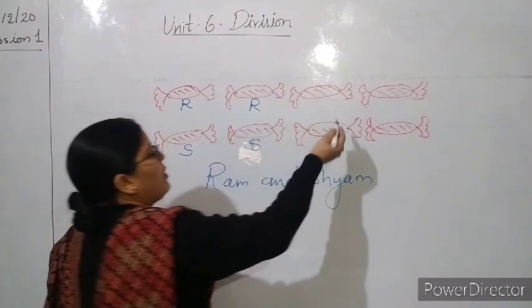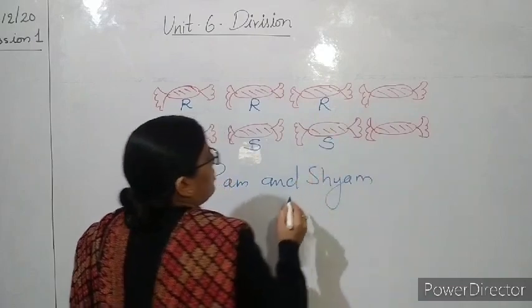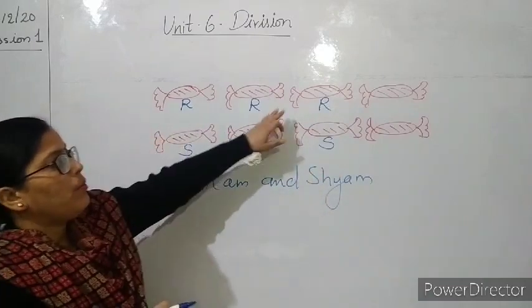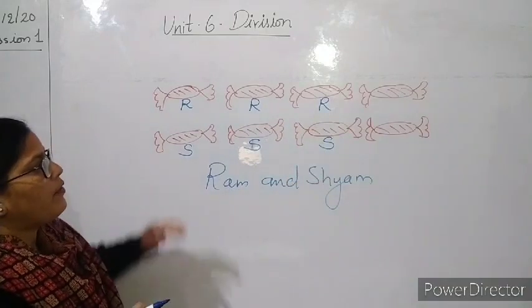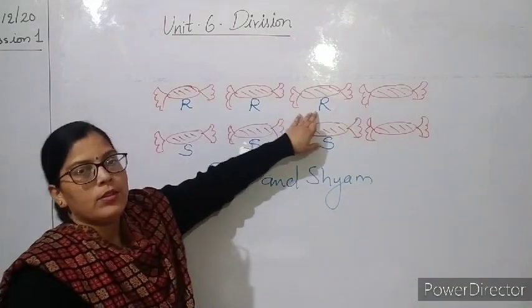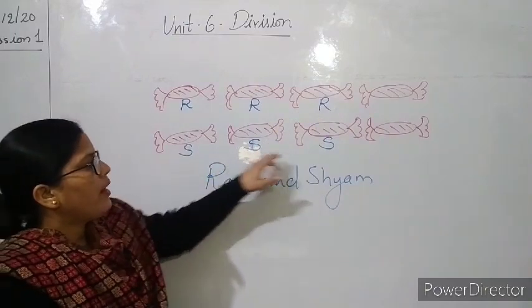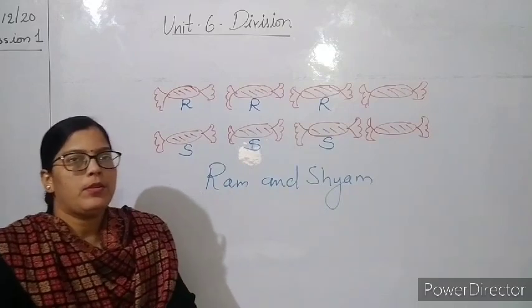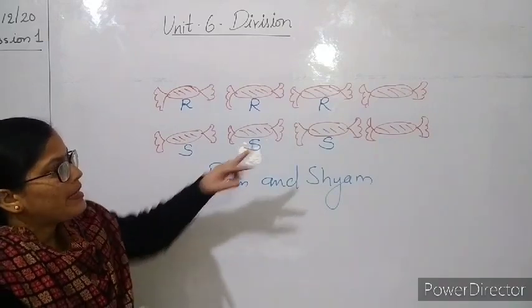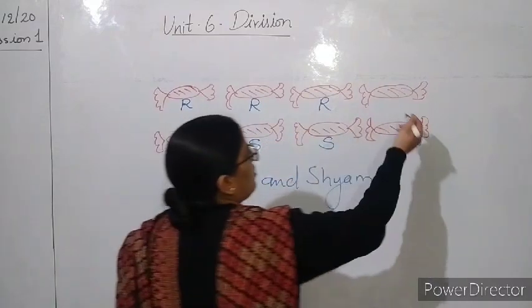So again we'll distribute these toffees to Ram and Shyam. Okay, we'll give one more toffee to Ram and Shyam. Okay, now how many toffees are there with Ram? 1, 2 and 3. And how many toffees are there with Shyam? 1, 2 and 3. Okay, both are having equal number of toffees. But still 2 more toffees are left. So how will we distribute? We'll give